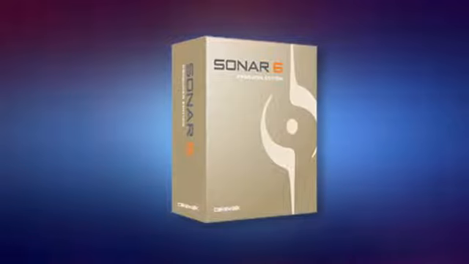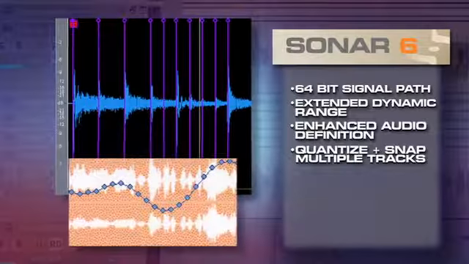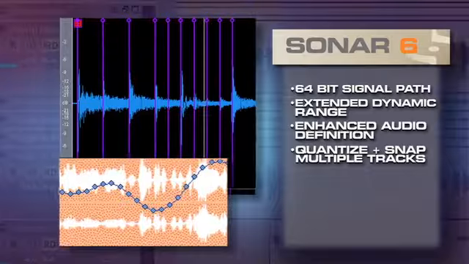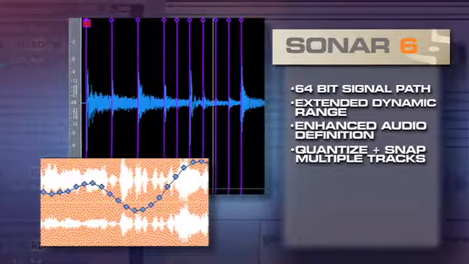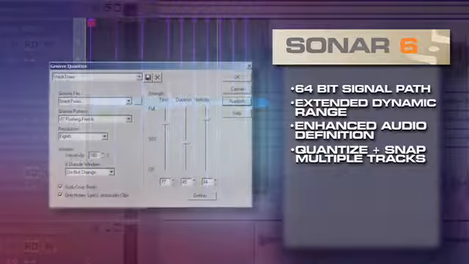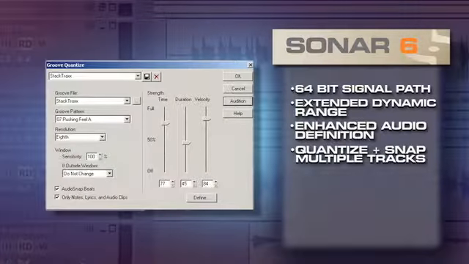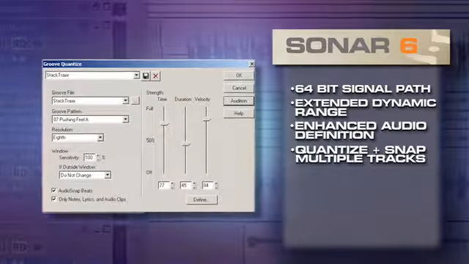Sonar 6 from Cakewalk provides a 64-bit signal path, making it possible to achieve extended dynamic range and audio definition on a 64-bit capable Windows machine. It also offers a multitude of music production tools, such as the ability to quantize or snap multiple audio tracks